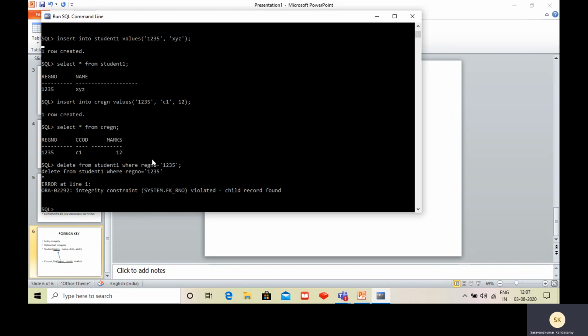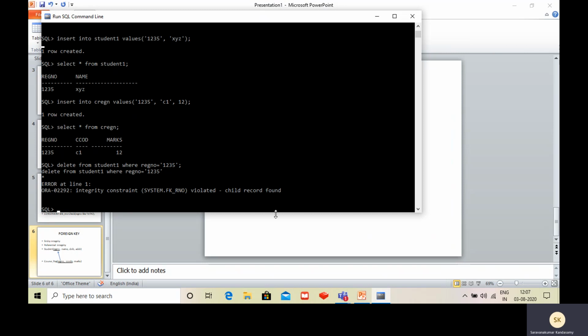Okay, so if at all I want to delete that record, first I have to remove from the child table, then I can remove from the parent table, or we can create these constraints with advanced options. Okay, that we will discuss later. So this is basically about the primary key, foreign key constraints, what is the parent table, child table, how these two are linked together, right?